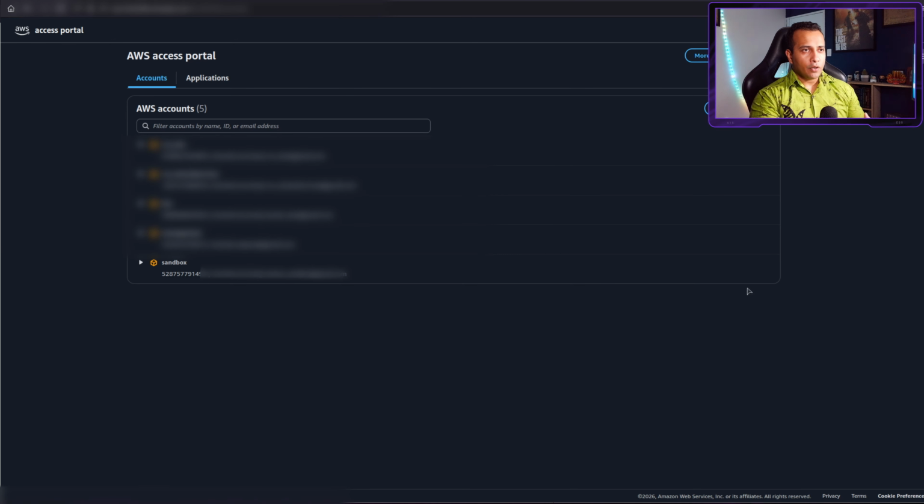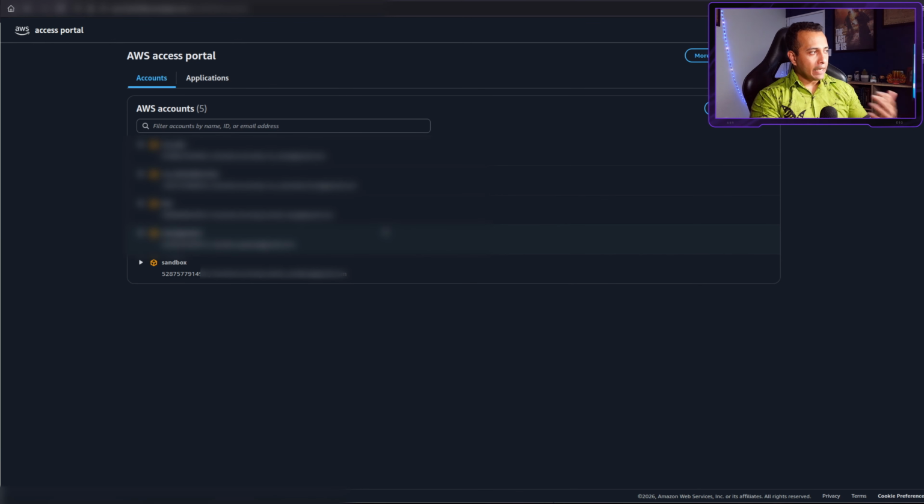So for an example, if I go into my AWS personal organization, there are a couple of accounts that I have in addition to the root management account, and I can isolate different workloads between those accounts easily. And if I want to get into an account, I just have to provide access to what's called a permission set, and I can use that permission set to assume a role into that account